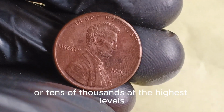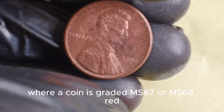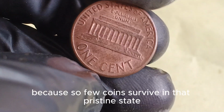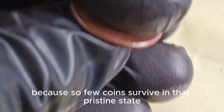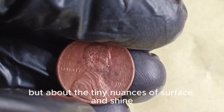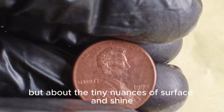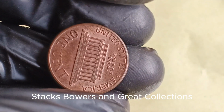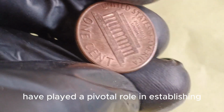tens of thousands. At the highest levels, where a coin is graded MS67 or MS68 red, the price can multiply exponentially because so few coins survive in that pristine state. Thus, the pursuit of a valuable penny is not merely about the year and variety, but about the tiny nuances of surface and shine. Auction houses like Heritage Auctions, Stack's Bowers, and Great Collections have played a pivotal role in